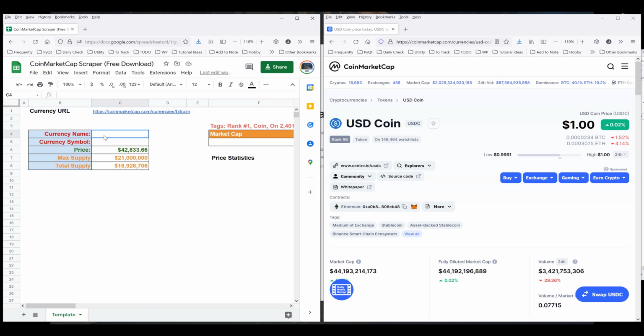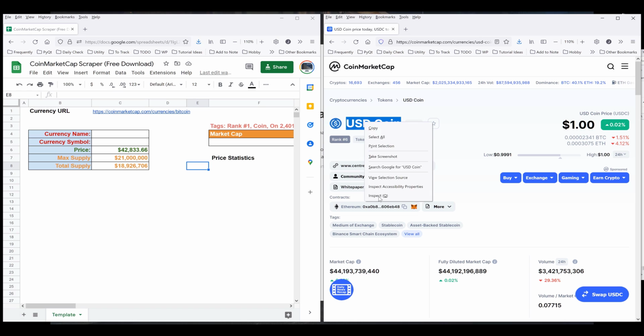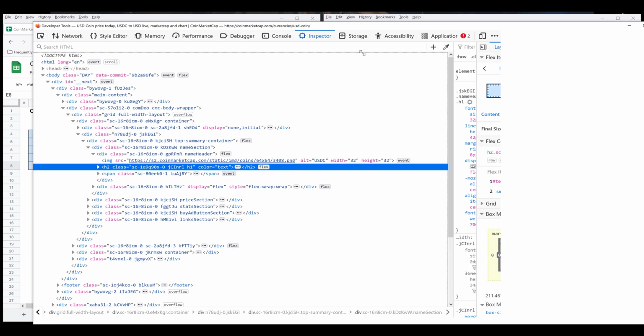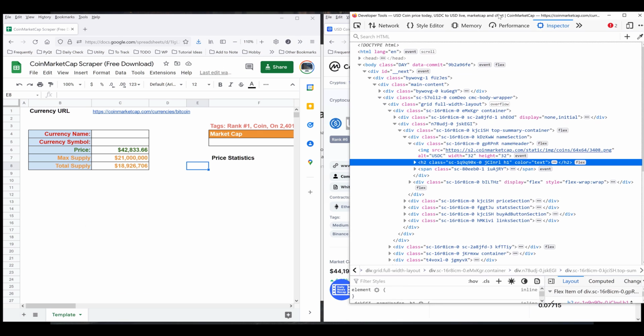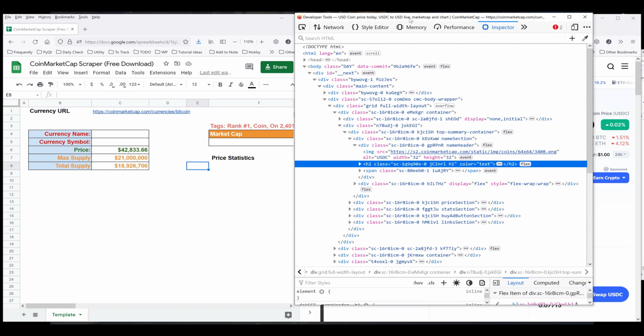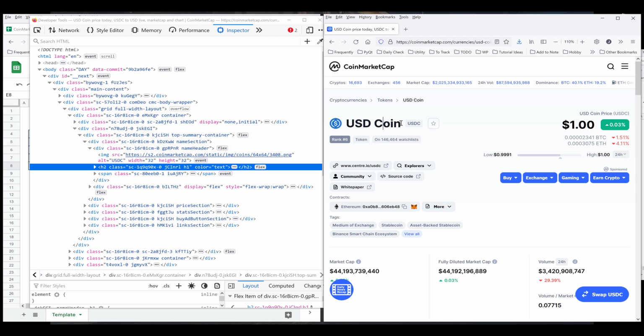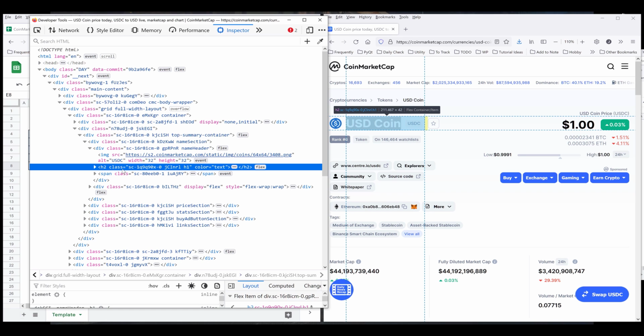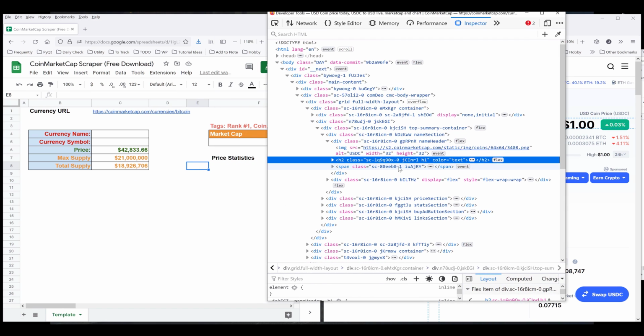The first item I want to insert into this template is the currency name and the currency symbol. If I go into one of the currency pages on CoinMarketCap, here's the currency name, and here's the symbol. Now I want to examine the tag name. If we look at the element associated with this currency name item, the element is tied to this h2 tag, followed by this attribute. So I'm going to grab the class value,